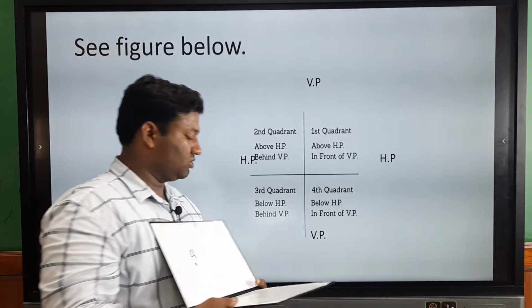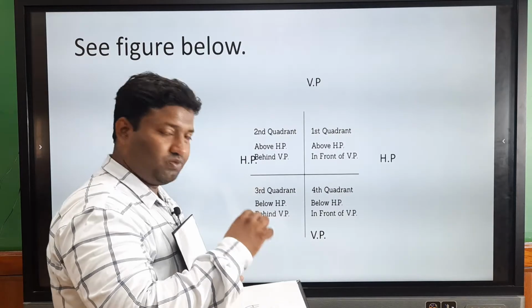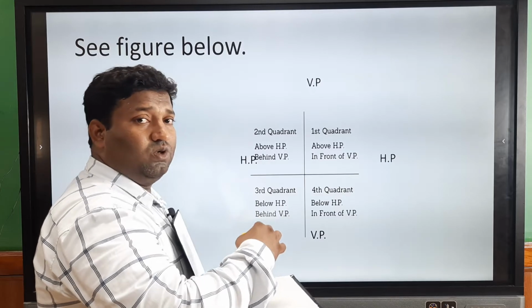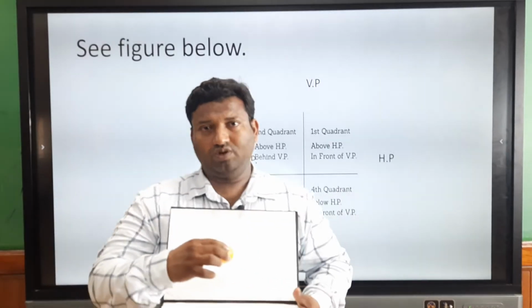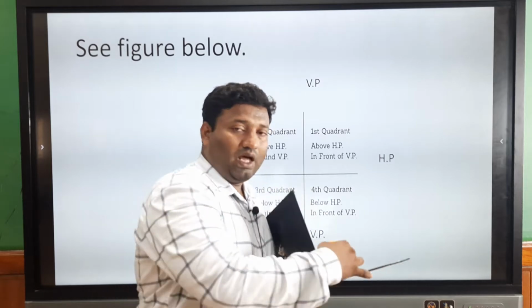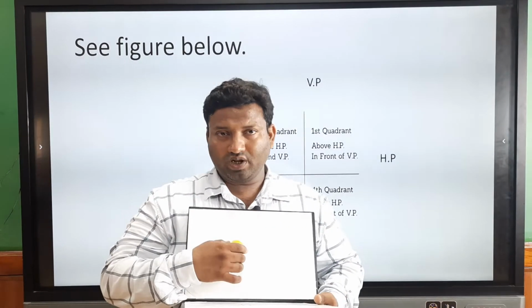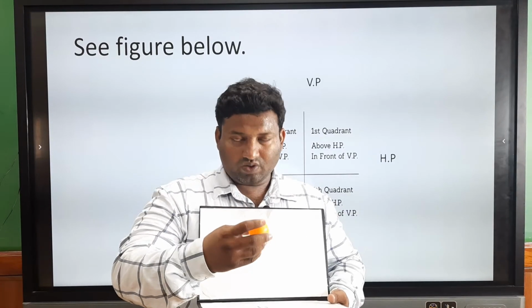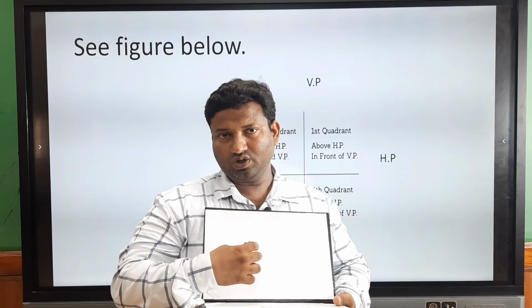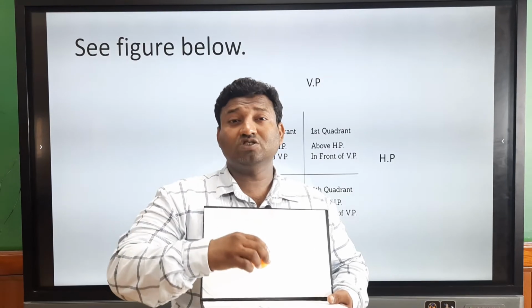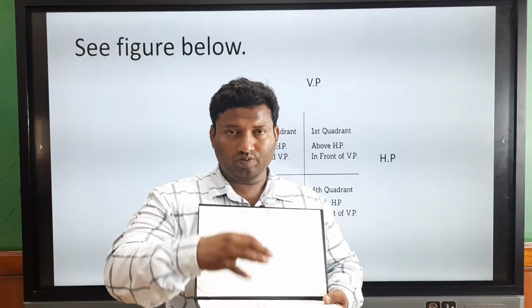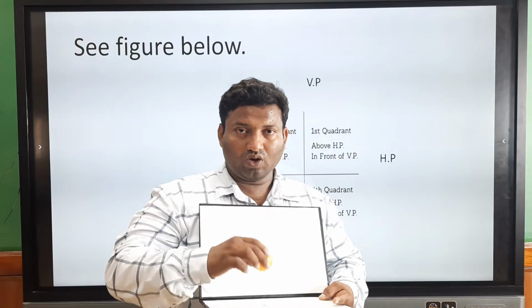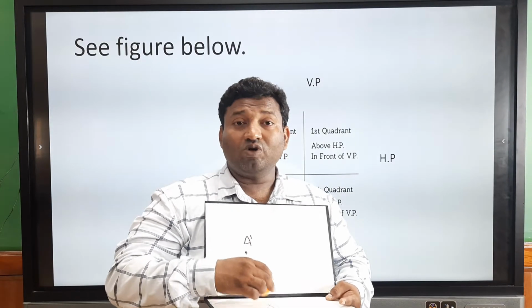Suppose this is the object which is on the first quadrant. The object is above the HP and in front of the VP. If you want to see the object, you have to give the position like this. So, we have to rotate the axis. If we rotate the axis, we can get the plane. So, we can view the only VP, means whenever we are seeing from the front view, we can see the object only on the VP. To see how much it is in front of the VP, we have to view from the top. If you view from the top, the object is appearing on the HP and showing the distance how much it is in front of the VP.